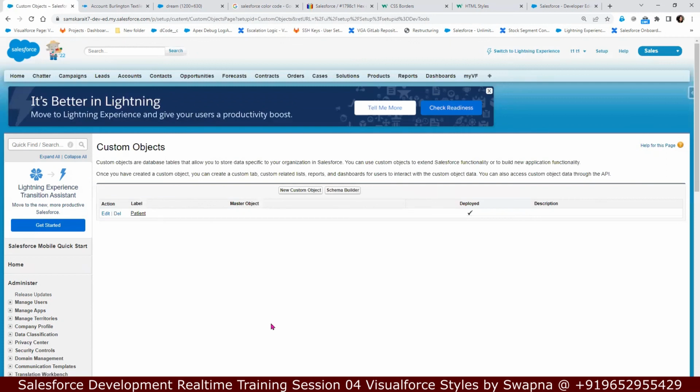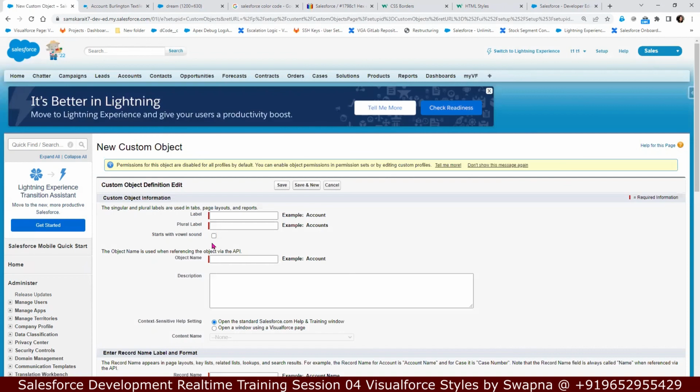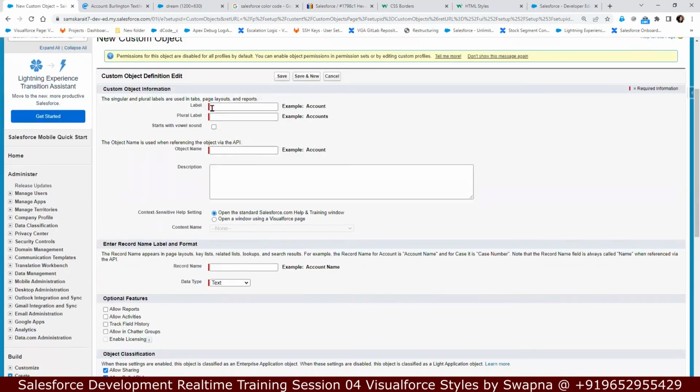When you create an object, if you go for the new custom object, there is an option. You will give the label and your plural label, object name, and description. Here is the one where we will apply it: context sensitive help setting. If you select open the standard salesforce.com help and training window, it will take you to the standard Salesforce